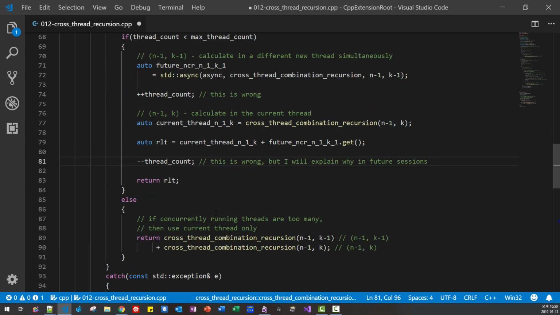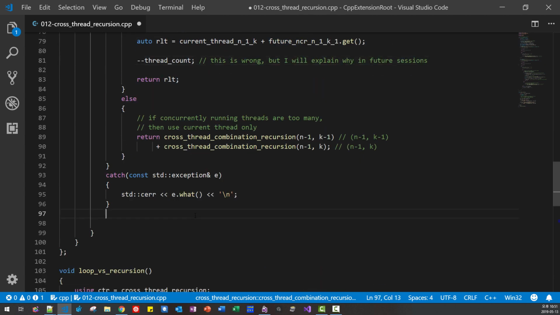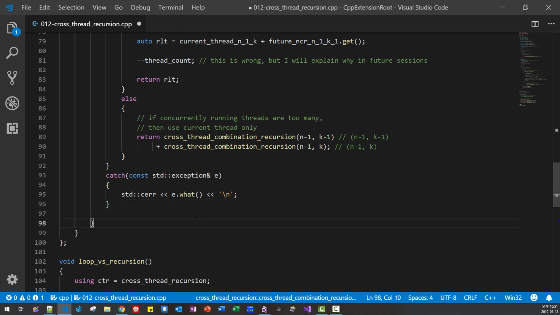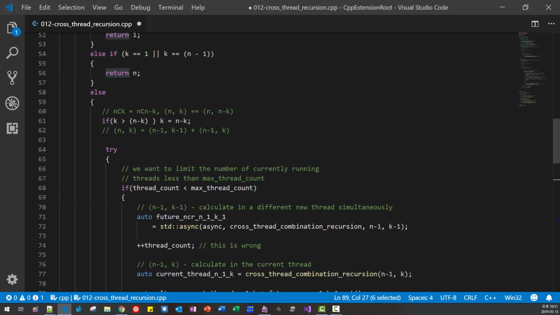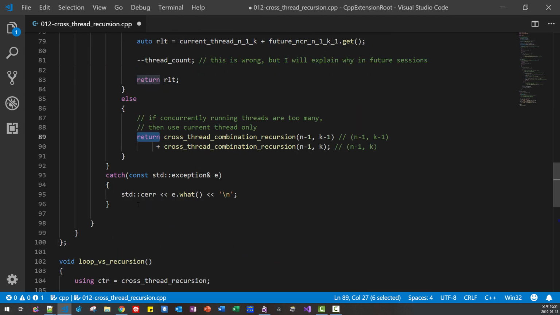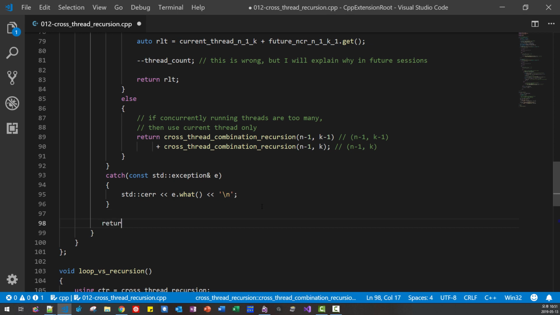Now we completed, then I arrange like this. So in this case it returns here, but it should also return at this point. So I will put a simple return like this.